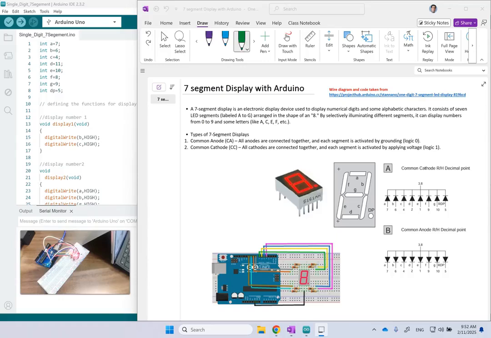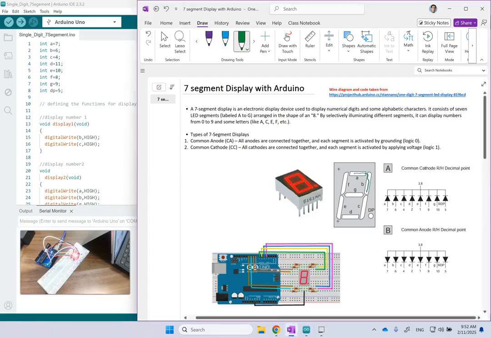Hello everyone. In this video of mechatronics, we are going to look at 7 segments, the digital displays that you see in so many places, including digital clocks. And the reason we call them 7 segment is because they have 7 basically LEDs. As you can see, they are shown by letters A all the way to G, and so you start from the top one A and then you go clockwise B, C, D, E, F,